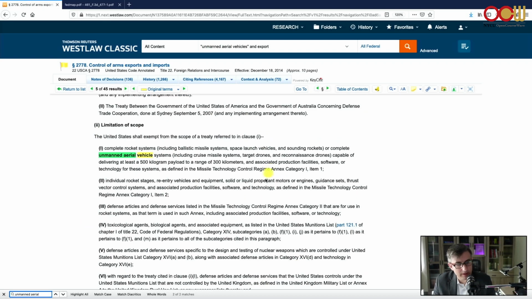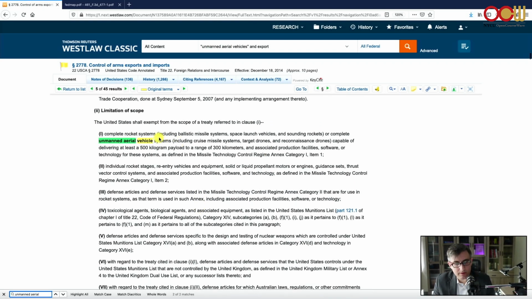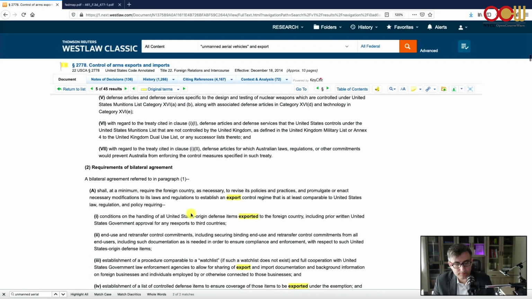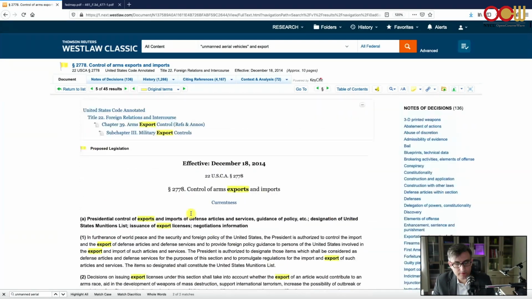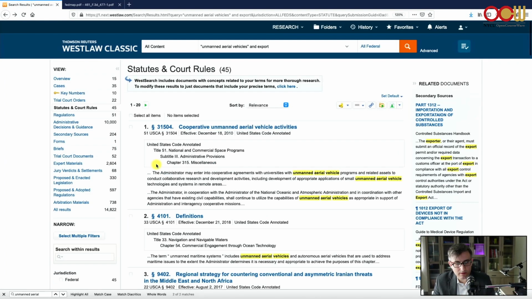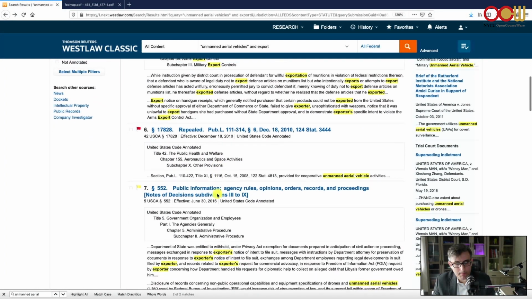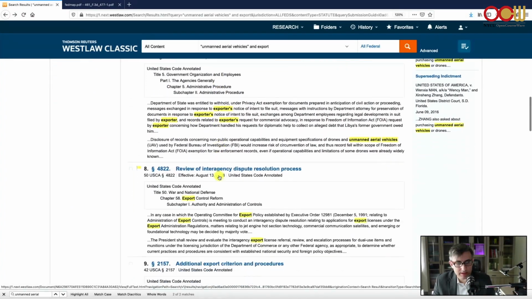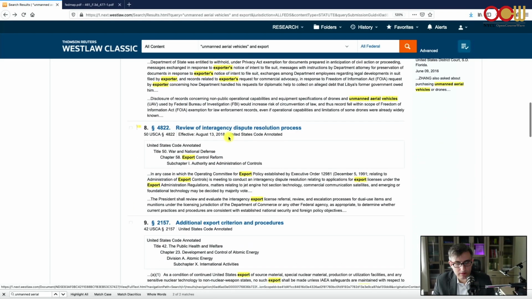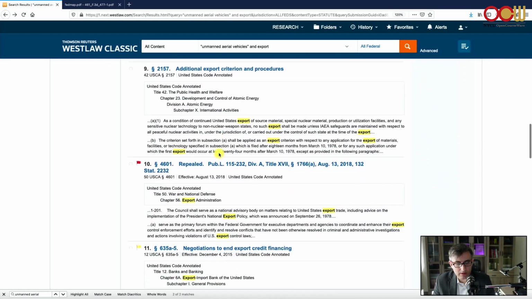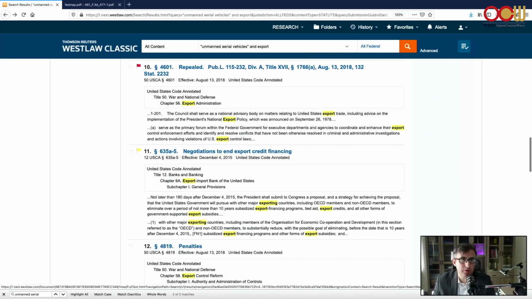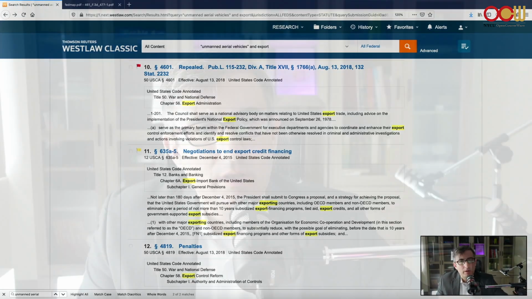And let's just find where it is. Here we go. Here's where we see unmanned aerial vehicles. And you'll see all the other sections that relate to that as well. All the different sections of the code. So that was a little introduction to Westlaw.